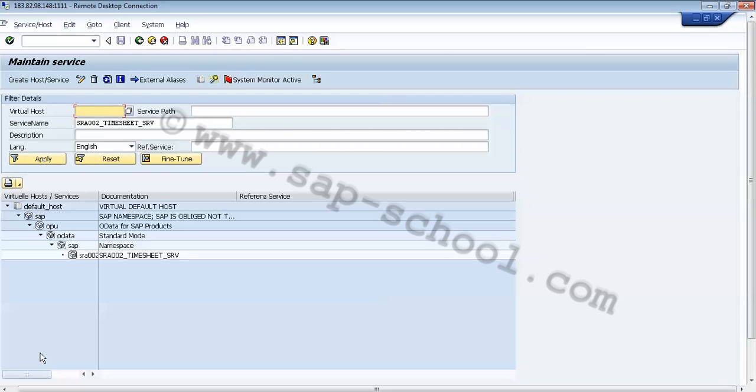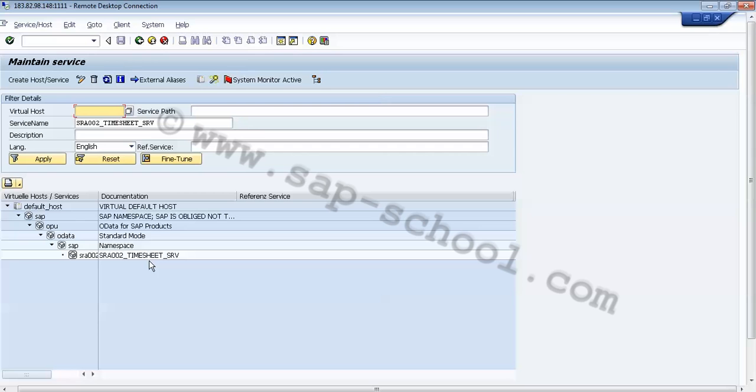When you activate the OData service, the ICF node is created. Here we can see the node for this service, SRA002 timesheet SRV. Whenever we activate our OData service, it creates the SICF node in my system.